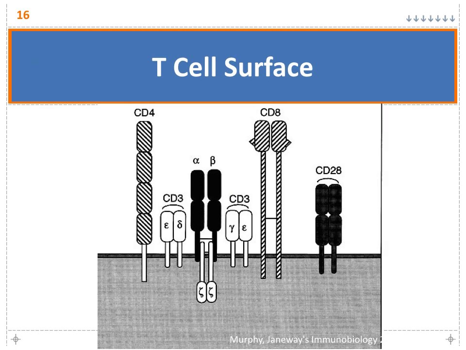When you look at the cross-section of the T cell surface, this is what you're going to find. The black colored chains here in the middle are what you call the T cell receptor, consisting of two types of chains, an alpha chain and a beta chain. There are certain T cells that contain gamma and delta receptors, but the majority of T cells have alpha and beta